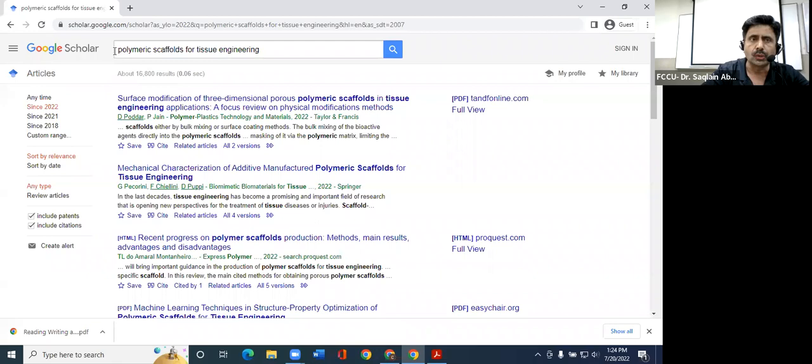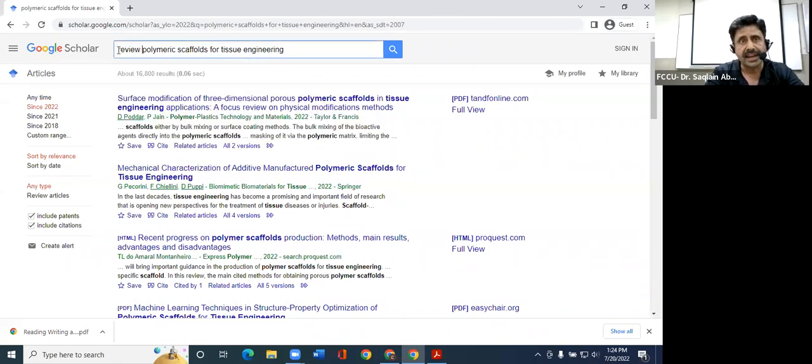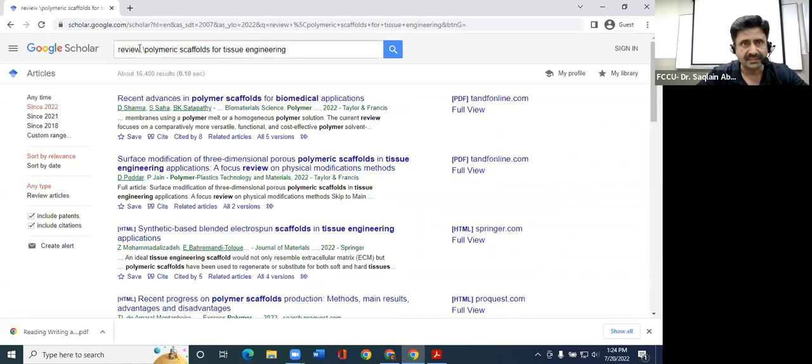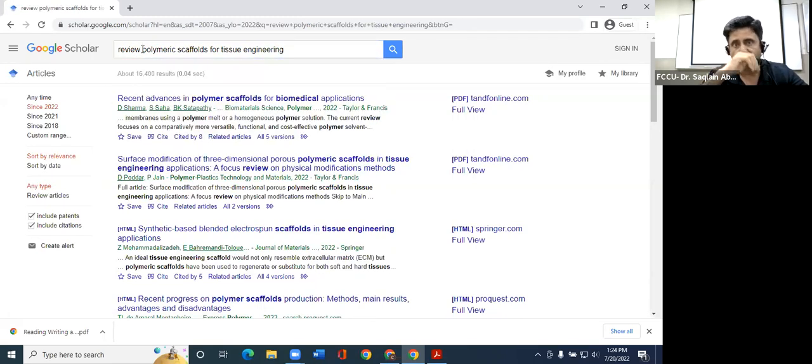But again, you will find that polymeric scaffold is a broader field. You can do one thing again. You can add the word review for this polymeric scaffolds. And you will find various review articles for this particular topic. If you look at the top, recent advances in polymer scaffolds for biomedical applications. You can download some review articles on polymeric scaffolds to further narrow down your research,